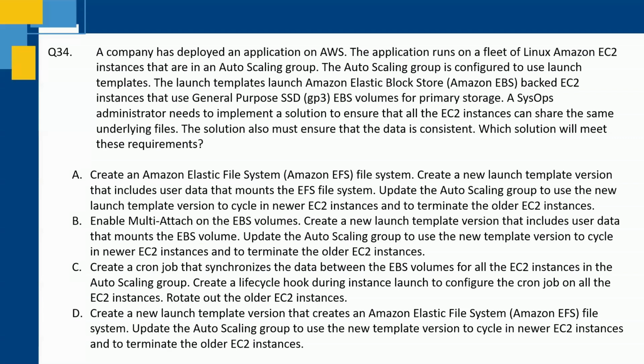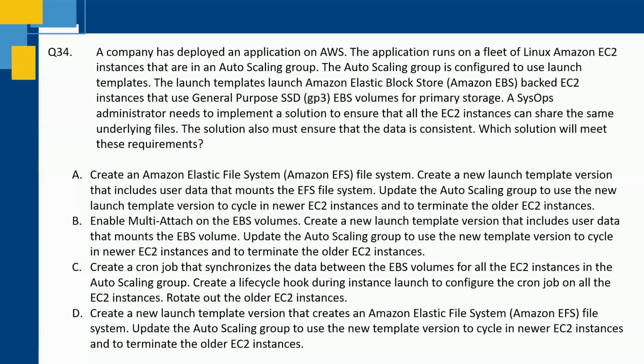The second option is enable multi-attach on the EBS volumes. Create a new launch template version that includes user data that mounts the EBS volume. Update the auto-scaling group to use the new template version to cycle in new EC2 instances and to terminate the